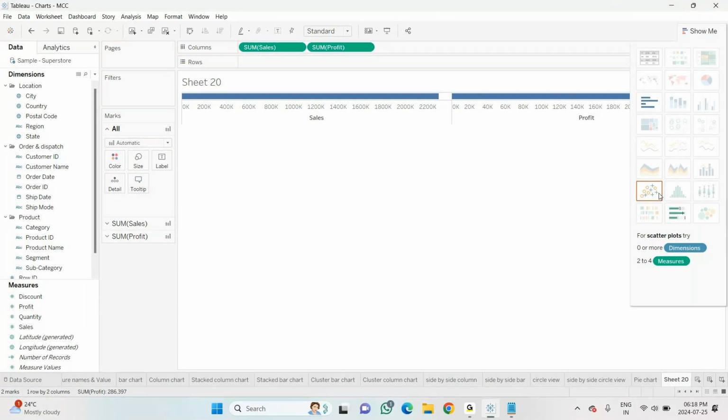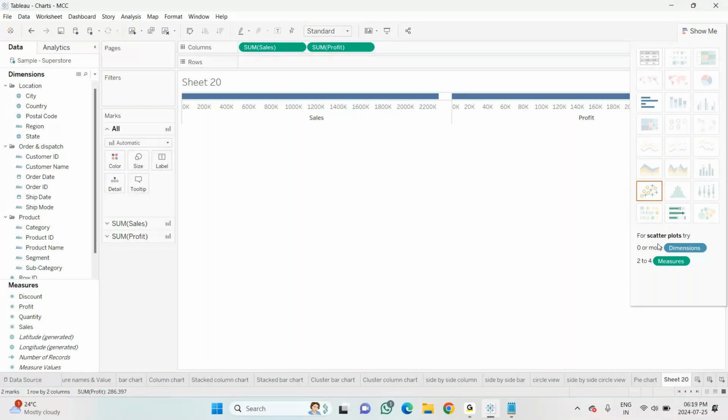Now can you see a scatter plot? The scatter plot will take only the values, how we have done in a column. But here it only needs more measures. So only the measures. It doesn't require the dimension, right? You can take anything. So what I'm taking here in a row, whatever you want, you can take here. So I'm taking sales and then profit.